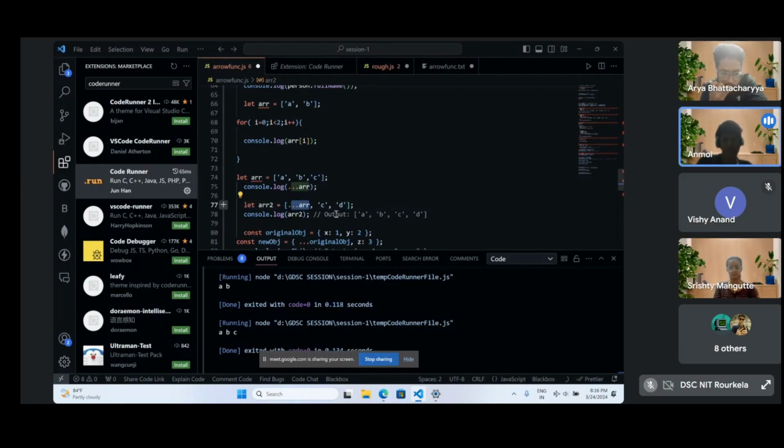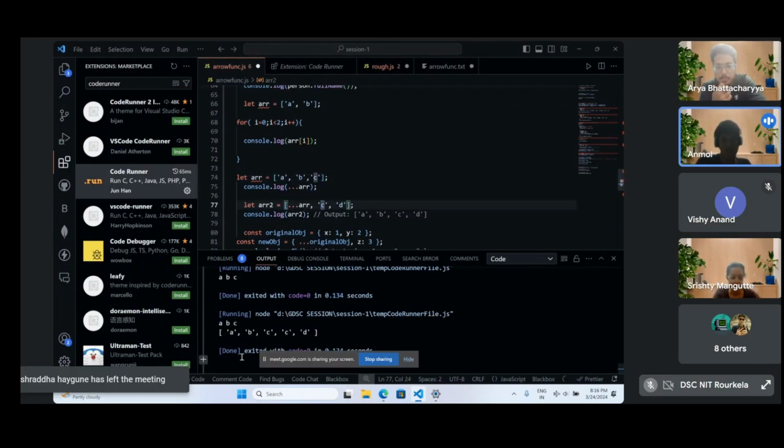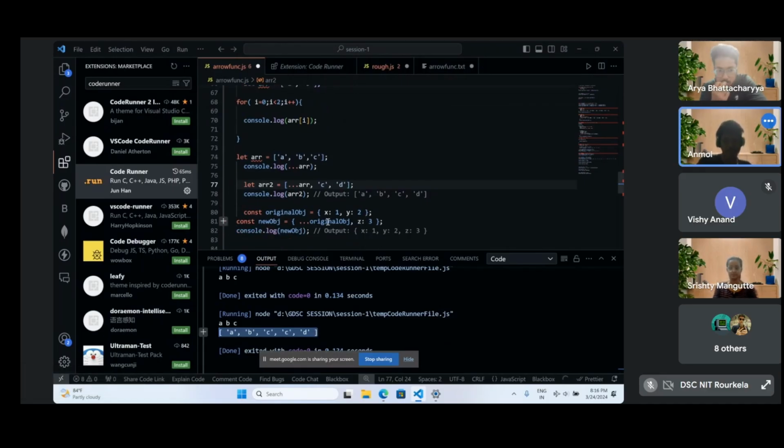So you can use this to concatenate arrays. For this we are getting the output. Array gives A, B, and C, and this gives C and D. So we are getting a total output of 5 elements: A, B, C, C, D.